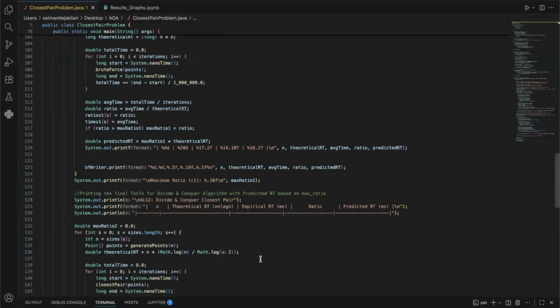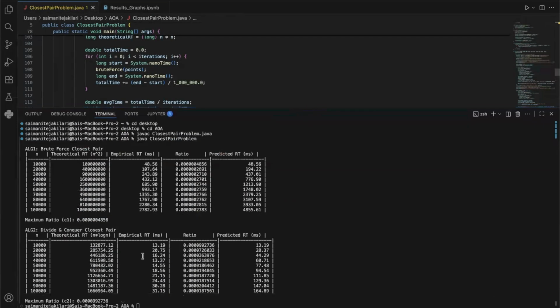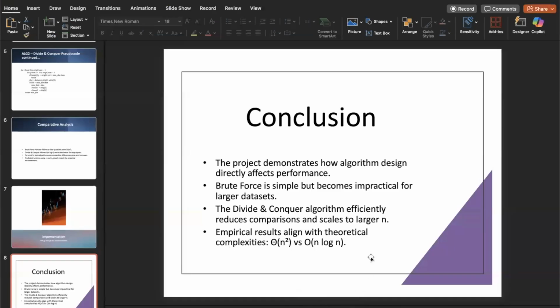And for the results, I have seen C1 with a maximum ratio of 0.04856, and for C2, divide and conquer, the maximum ratio is 0.009992736. And when it comes to the conclusion, the project shows that brute force is simple but becomes impractical